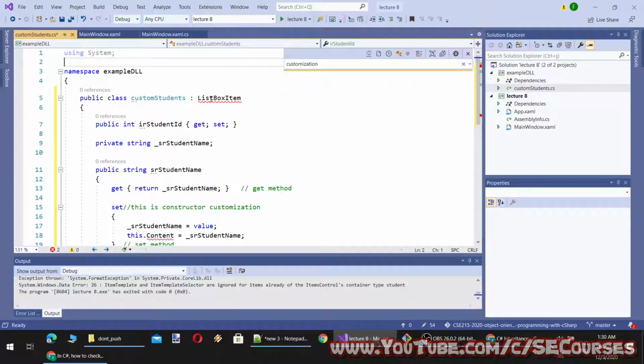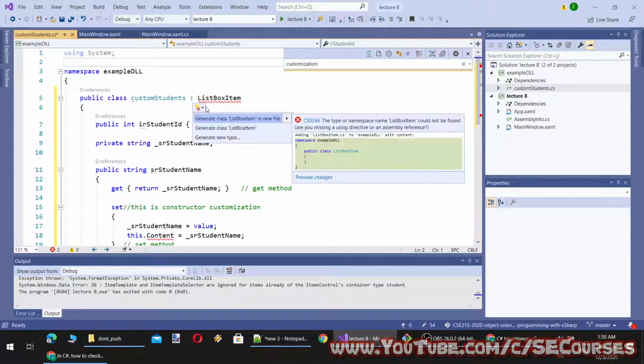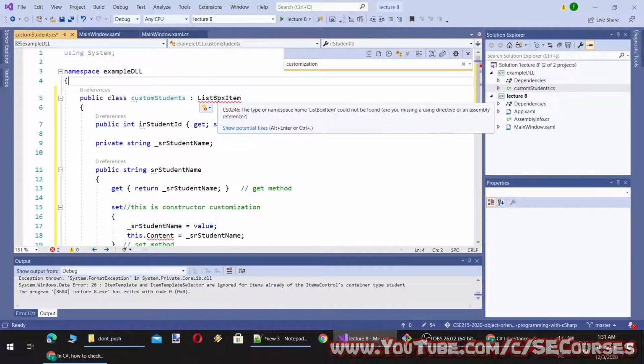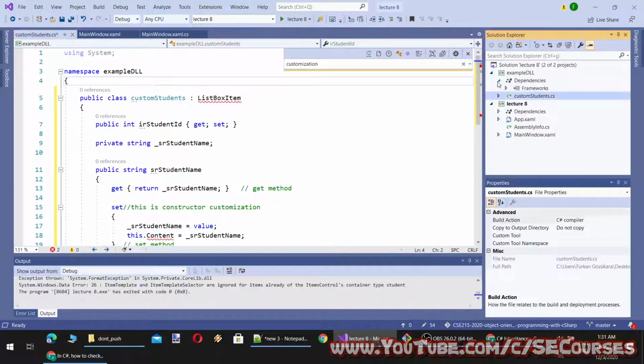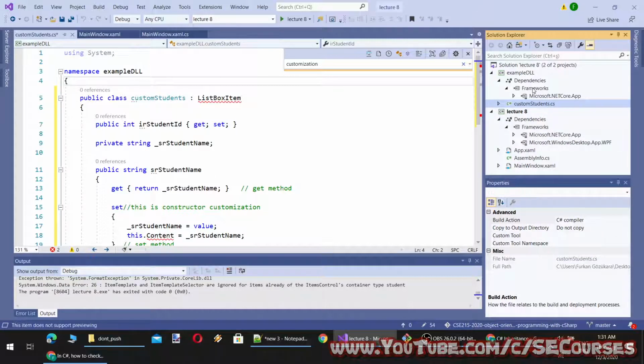So for this inheritance, I need to add, probably we need to add WPF framework.